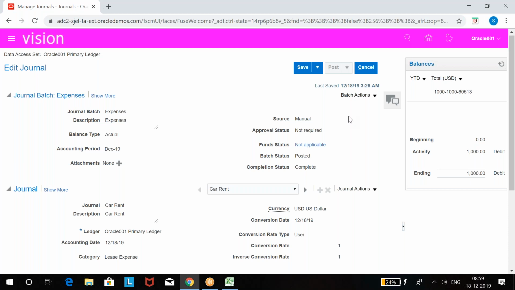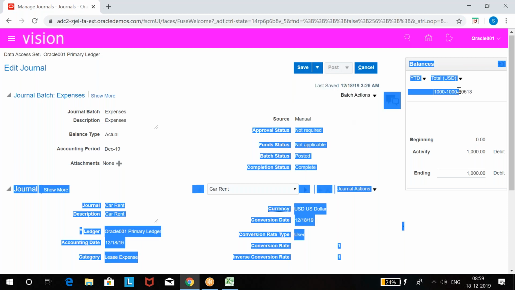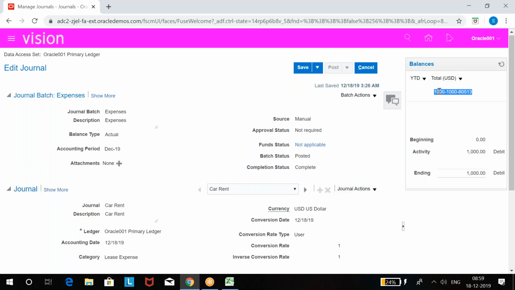It is, I mean, this batch balance, this current batch. It is not all batches. This is only this account. See the account displayed here. With this account, if previous different batches were posted. See, if I ask you, can you tell me the rent account, how much was paid from day 1 of the year till today? So that will show you here.